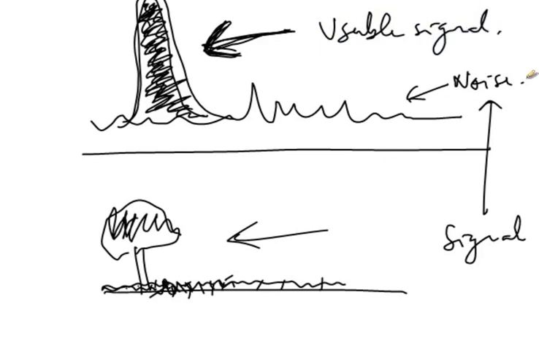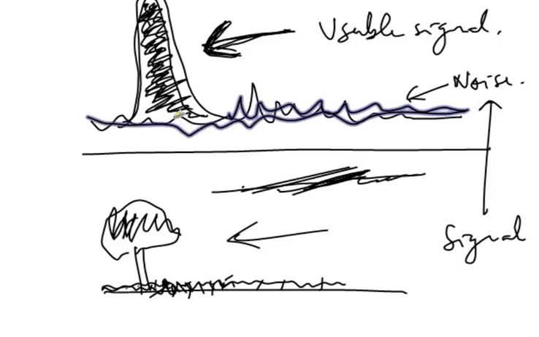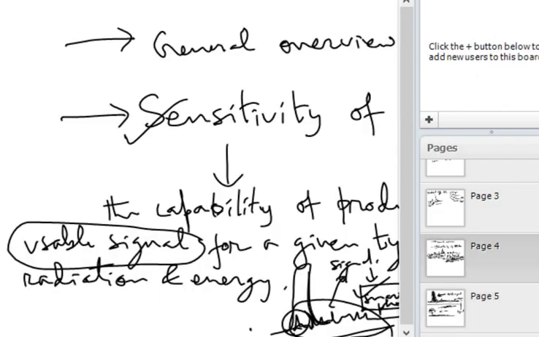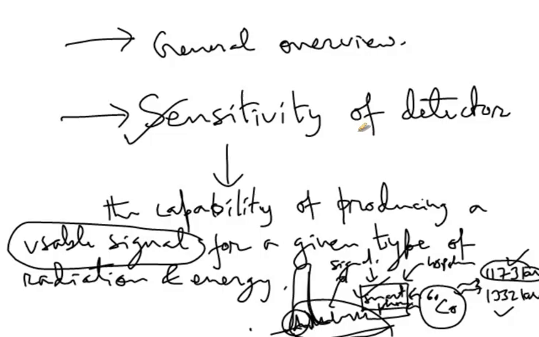Right now what I am trying to tell you is the difference between no signal and a usable signal. So what will happen for the case of the smartphone? You will not get anything actually. But if I use some other detector where I am getting an electronic noise or so, then also it is of no good to me. Only when I am getting something like this, where I am able to identify the source, which is the cobalt-60 source in this case,